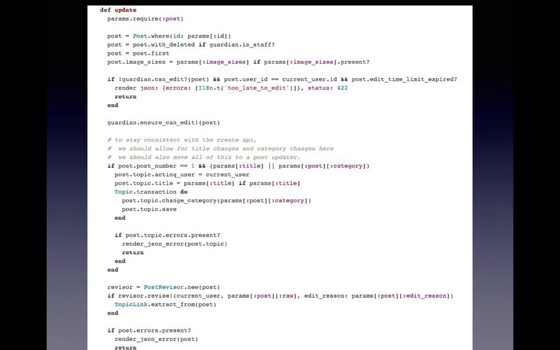This is Discourse. This is updating the post. So quite a non-trivial task in a forum application. Still, it doesn't look like it could be close to those nice things. The code is long. There are lots of ifs. There is branching. There is hash everywhere. We have params. We have options. We have accessing those things.